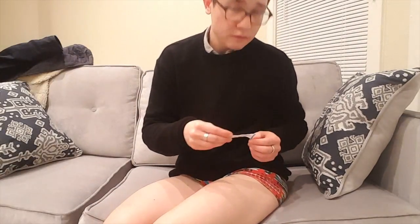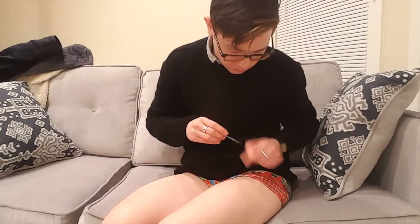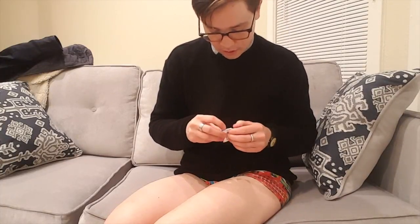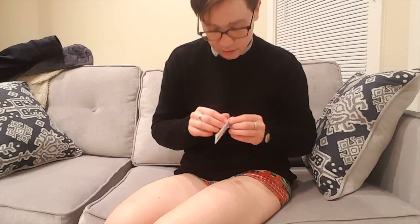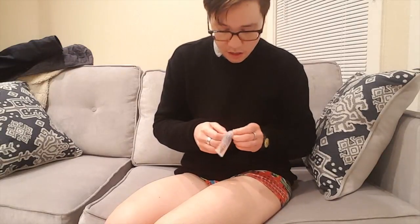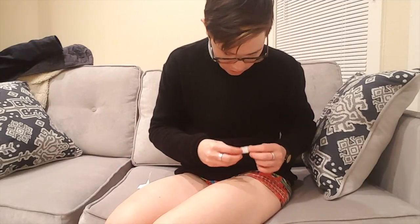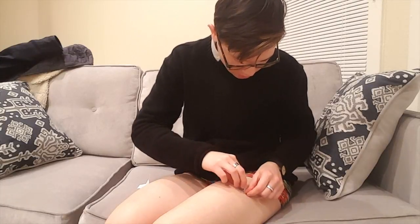Okay, got my Band-Aid. I really don't usually bleed very much, so you can't really tell if it's bad. I put the Band-Aid on just to try to prevent infection a little bit. Not that I think I'm going to get one, but there was a jab that went in for an inch, so there's a little hole, a tunnel burrowed through there for the time being,